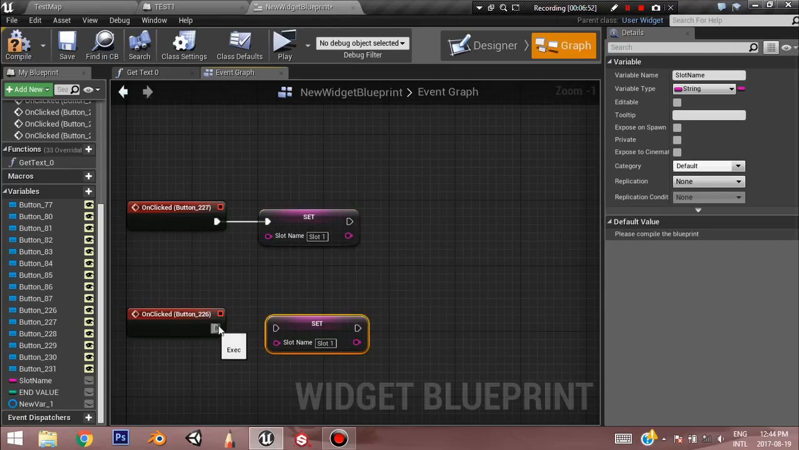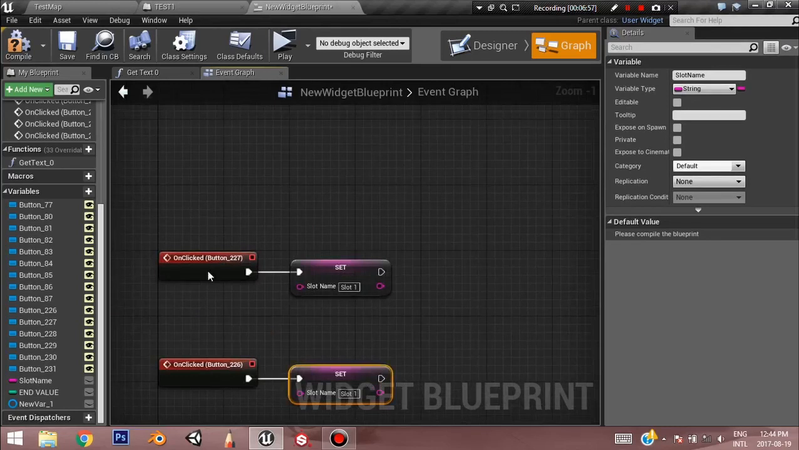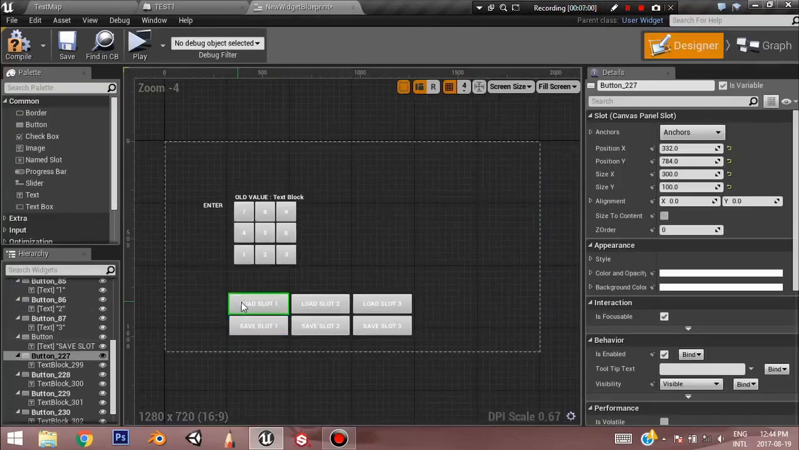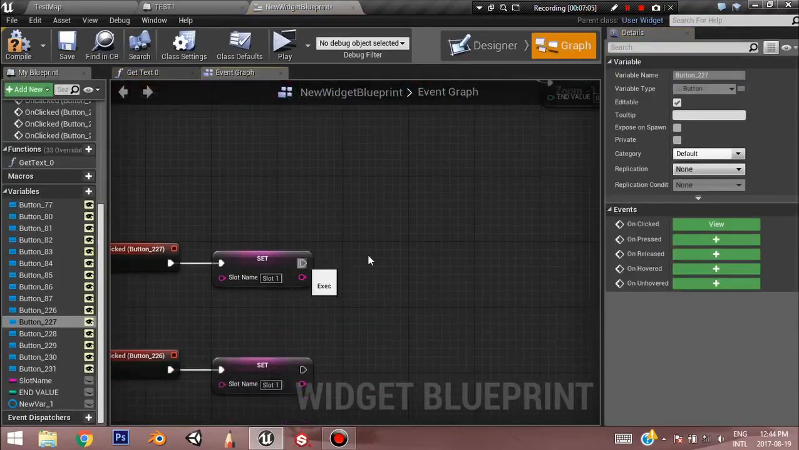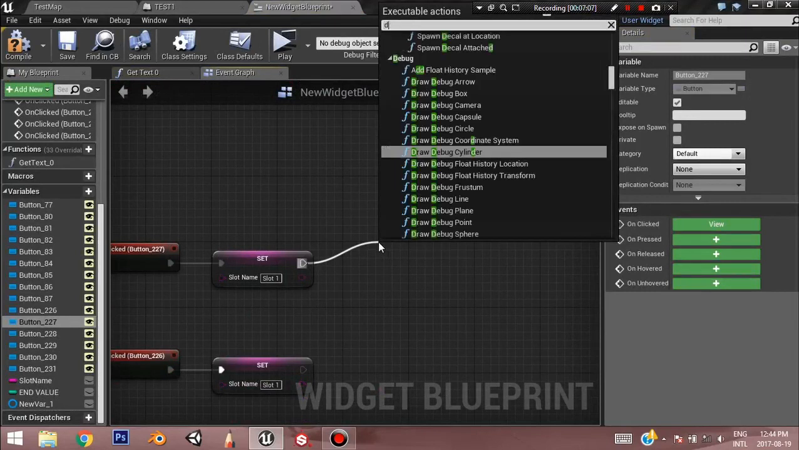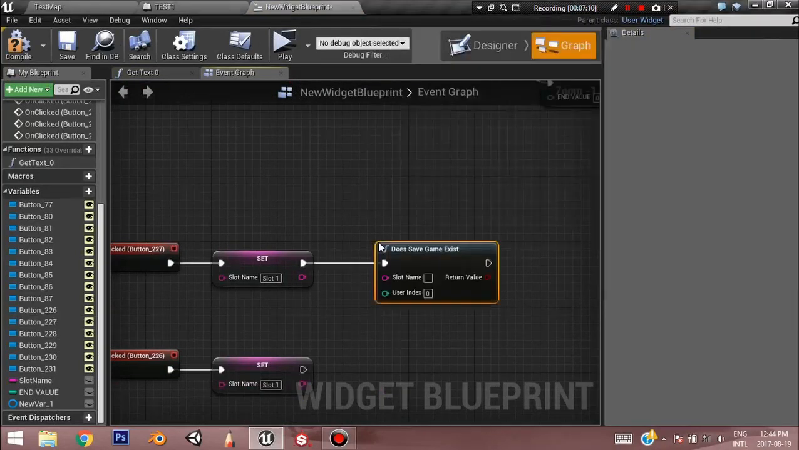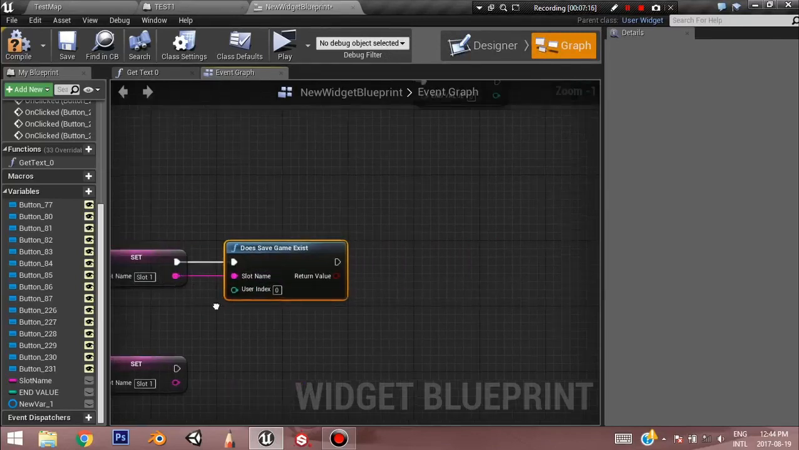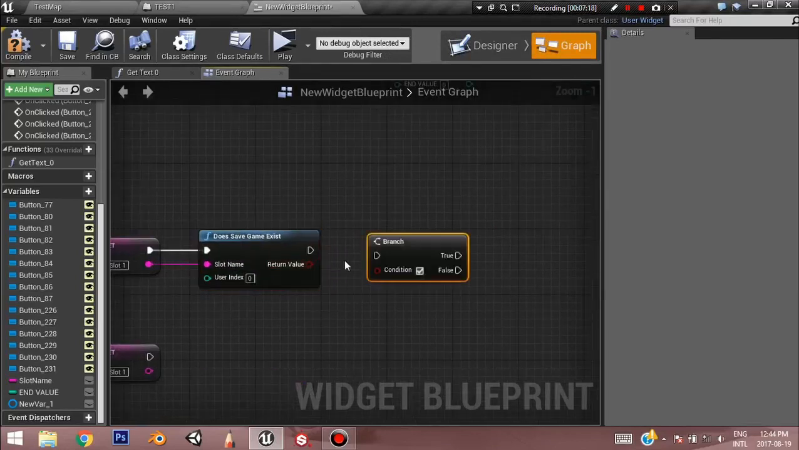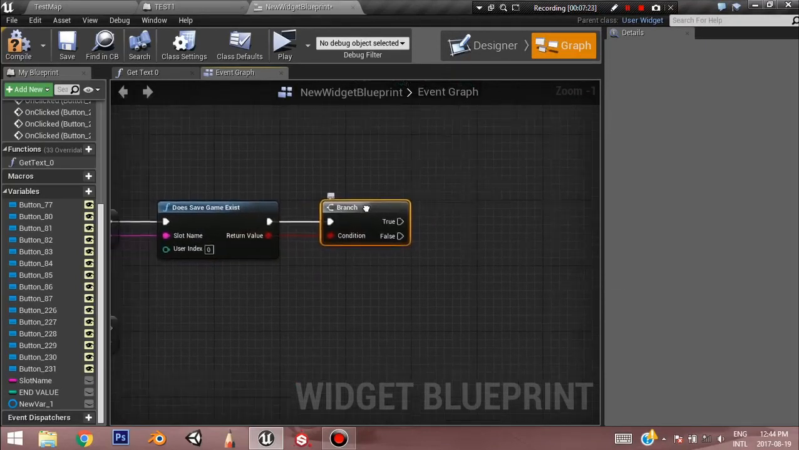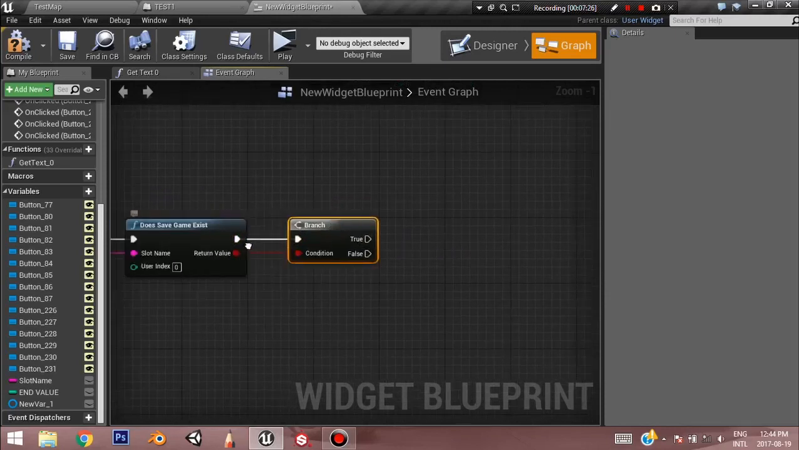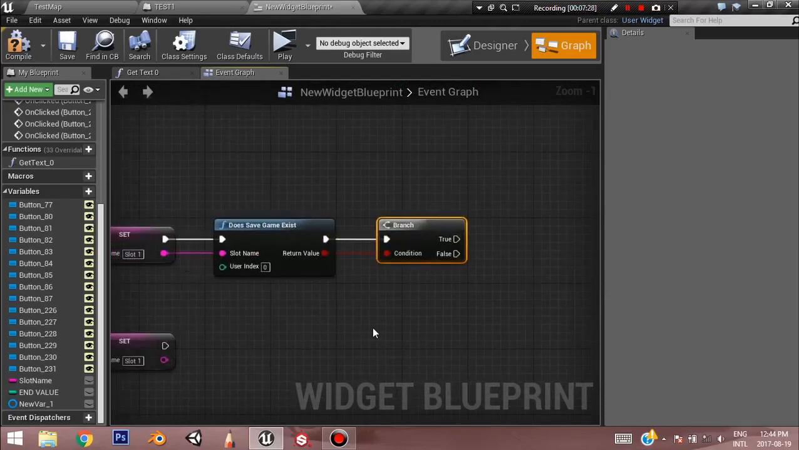And do the same as the load save. Then just make sure this is load. So from here we're going to search does save game exist, and the slot we're looking for is slot 1. Then we're going to bring a branch and we're just going to snake that up. So what we're going to do is, if slot number 1 does exist, then